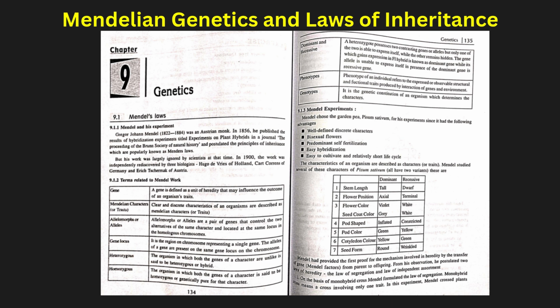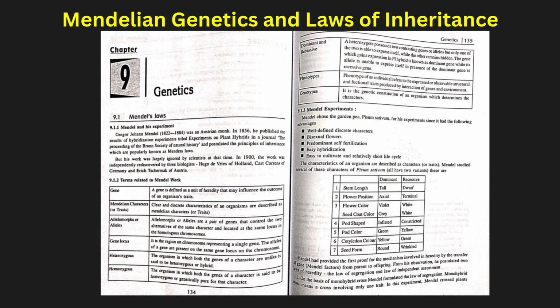So, Mendelian genetics and the law of inheritance. Gregor Mendel, known as the father of genetics, discovered the basic principles of inheritance. We know the inheritance concept from programming: all properties of the parent come to the child. Okay, so